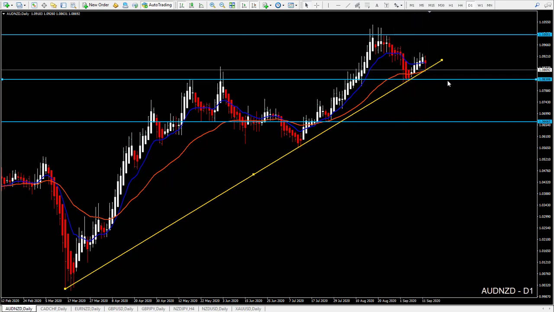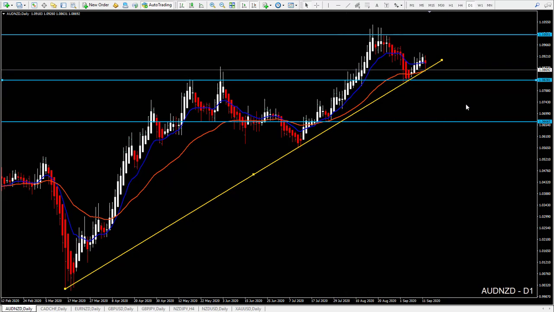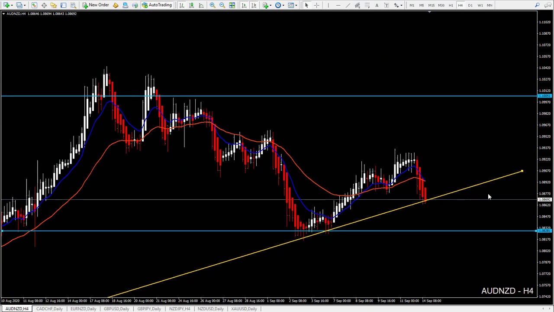So this is also strong support. Like I said, this is a zone. Yes, the market is not always perfect. We need to remember that. So if we would like to take it on the 4-hour chart, if we get setups, for example, like